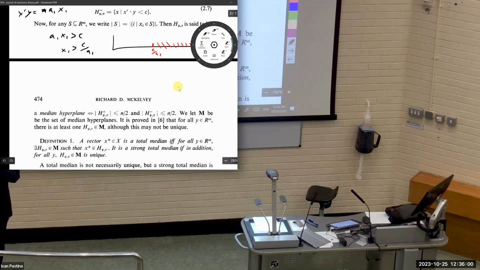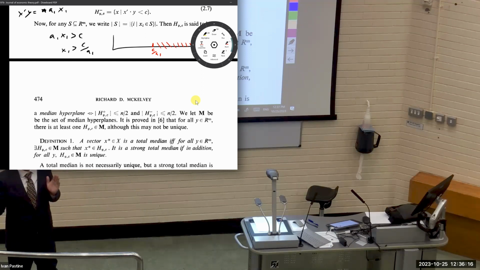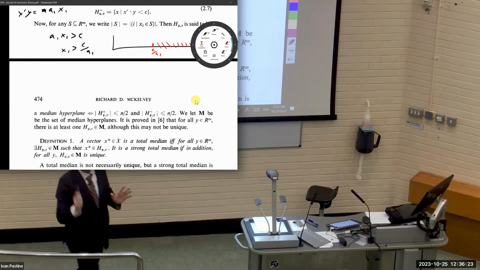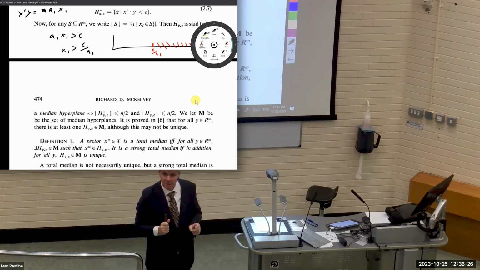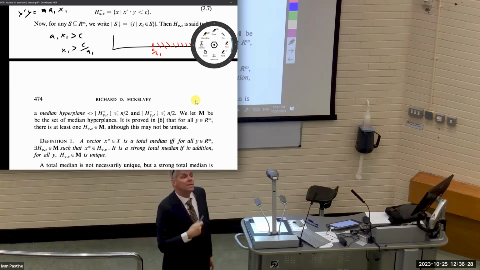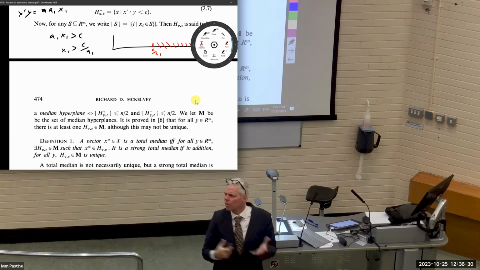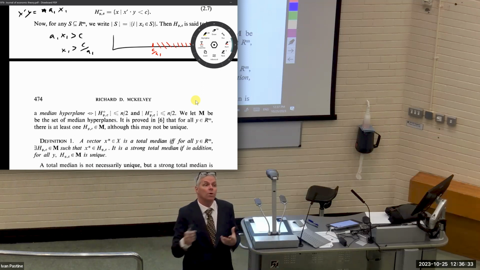So we have less than or equal to half the people above the line, and at the same time, we're going to have less than or equal to half the people below the line. And that's going to be a median hyperplane. It's going to be splitting them so that there's less than or equal to half above, less than or equal to half below. Okay. Fine. It's very similar to the definition we had before. It is not the same as what I told you in class. Okay? And this not the same is actually not important to us, but it's important when you're reading papers.